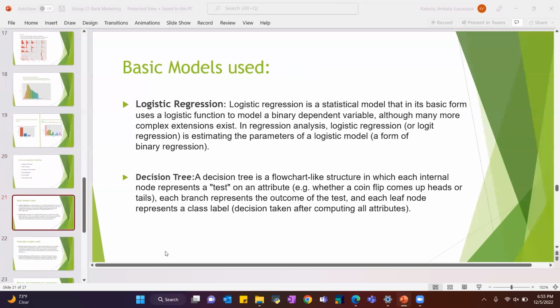So after pre-processing, we are using a few models. Logistic regression and decision tree are two of those. These are the basic ones which we used to perform. But now